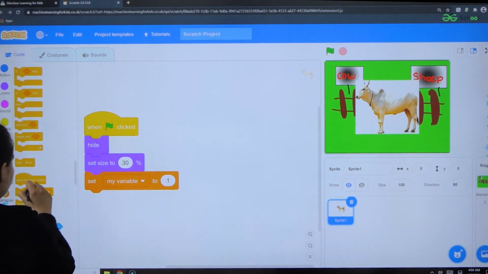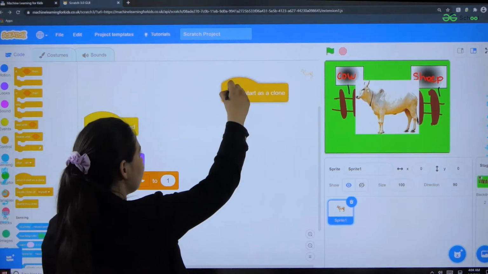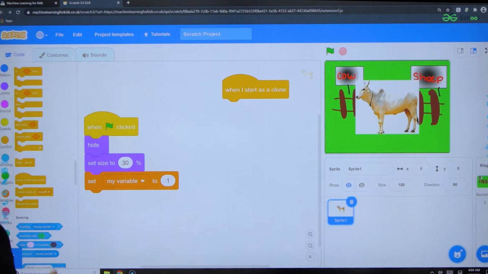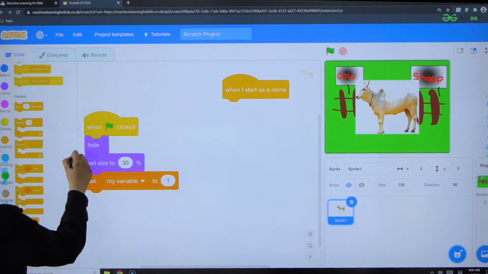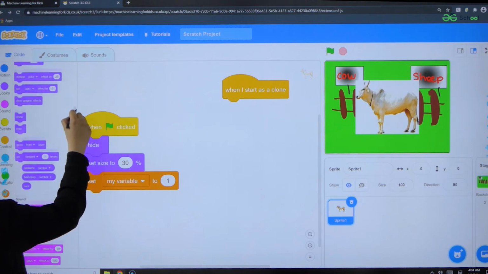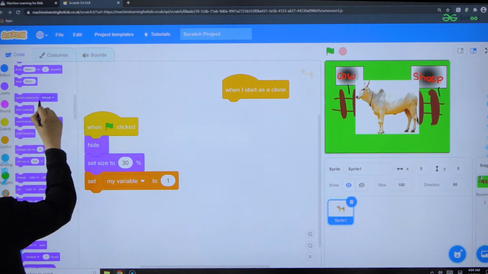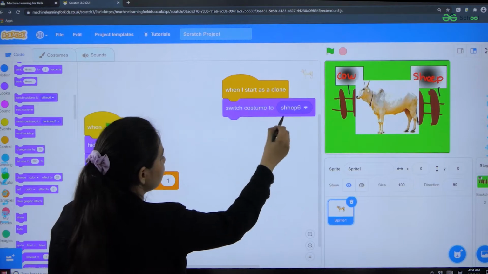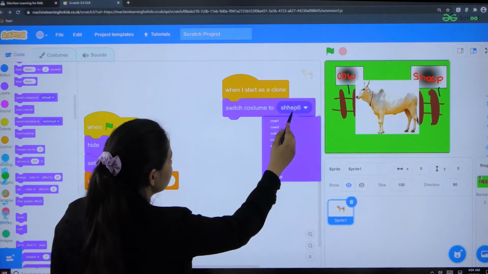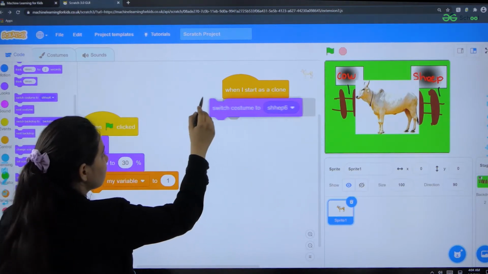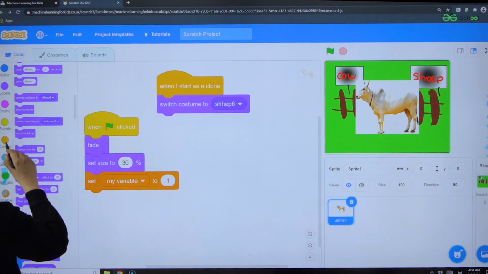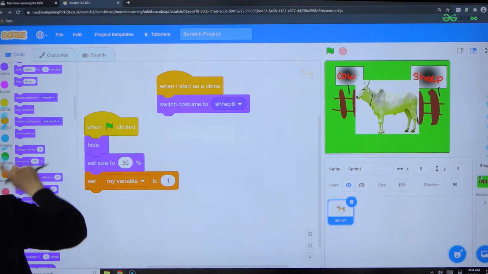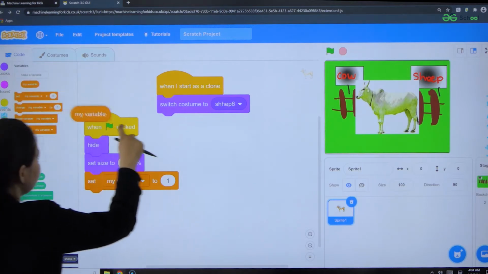So select here, when I start as a clone, what we have to do is switch the costume to my variable.